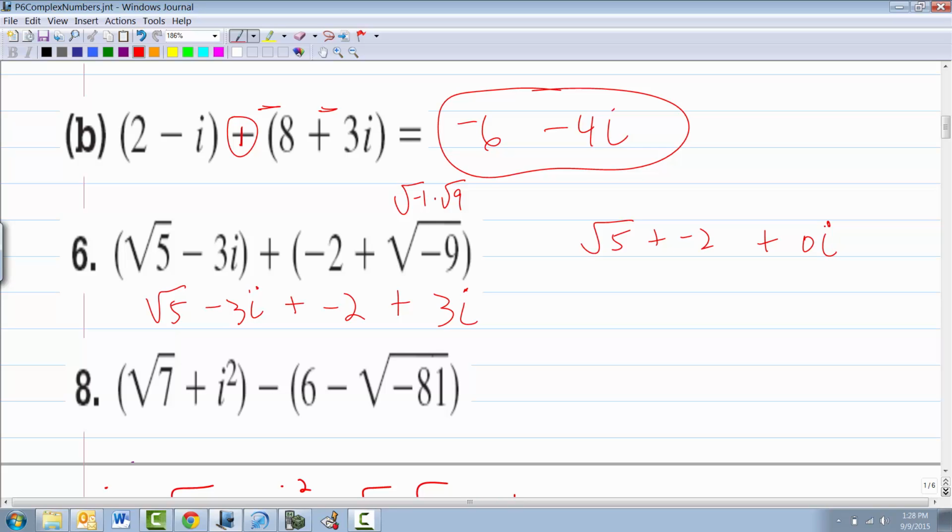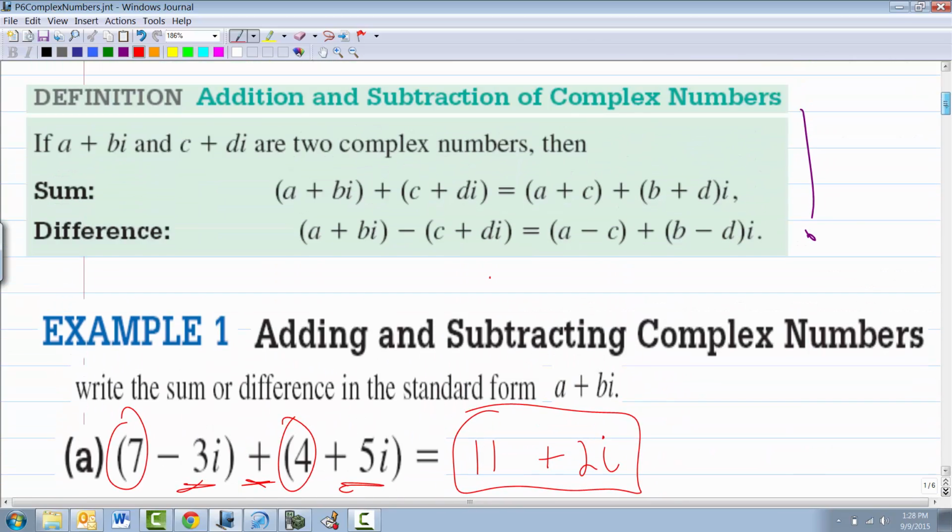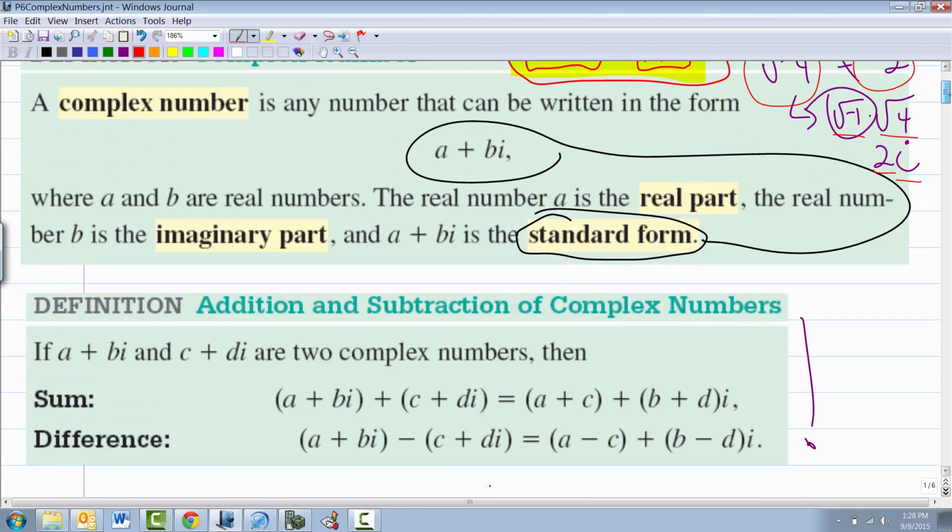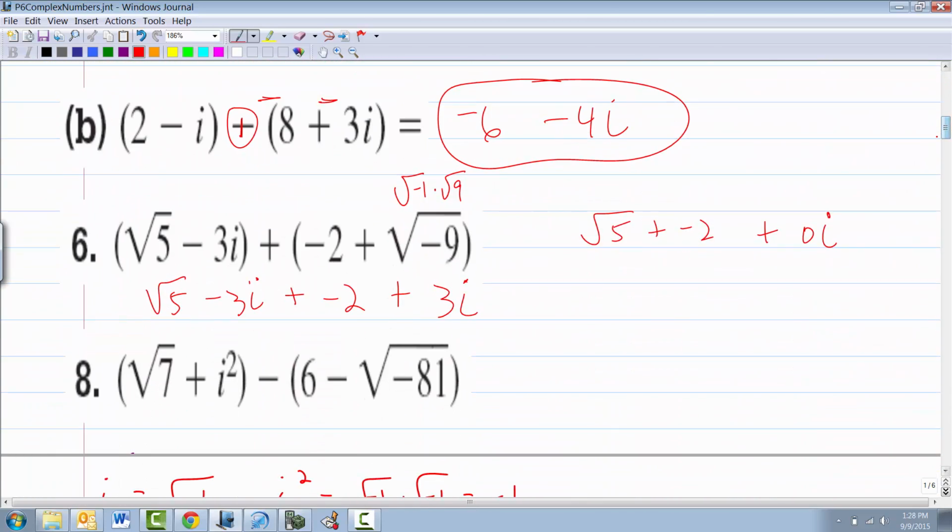I'm going to write this like this to help your next friend. Now these silly little questions. All right, and I don't want you to overdo it. It's really not that hard, but it is weird. What is the a part of this number? What is the real part of this number? Let me help you with that. What's the b part? I wrote this for you so they could see it. What's the b part of this number? All I'm asking you is identify the real and imaginary part just to demonstrate some vocab for this section.